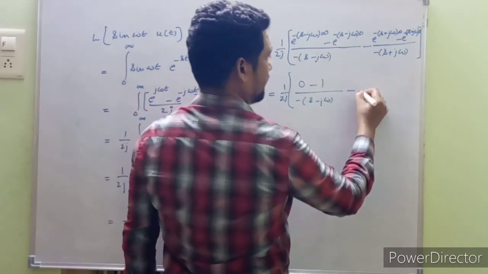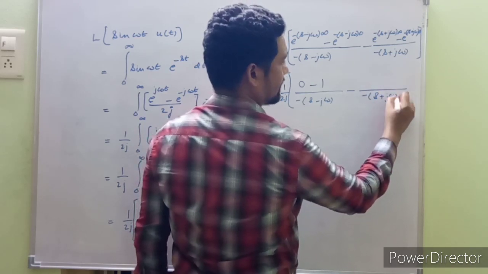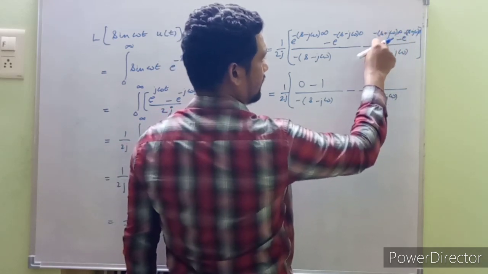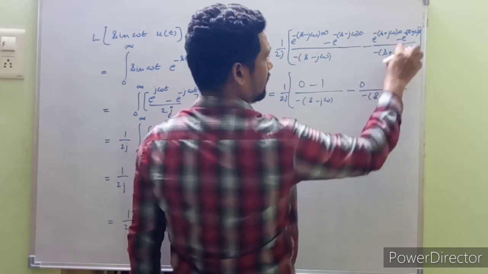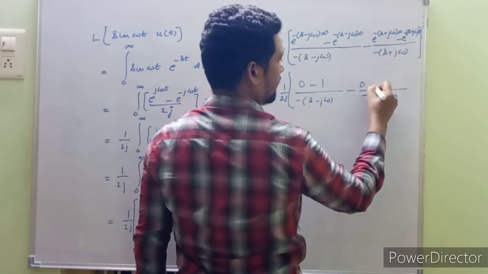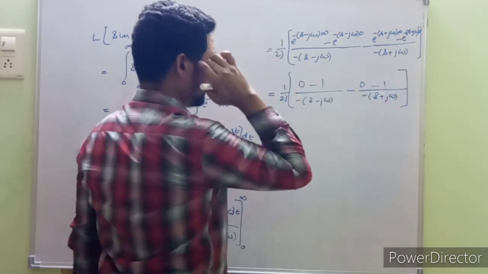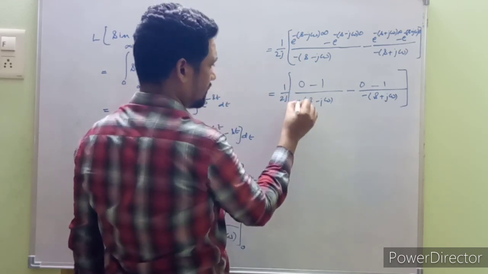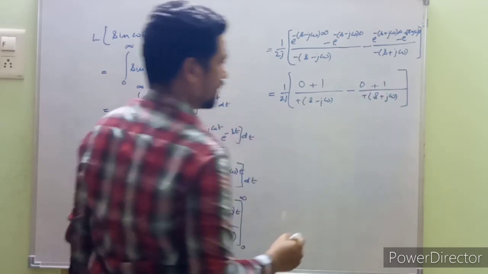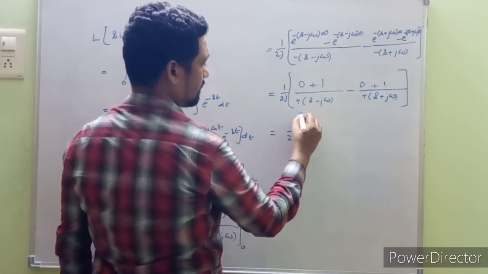So that leads to minus of s plus j omega as it is in the denominator. Once again, e raised to this entire term will be infinity, e raised to minus infinity, that will be 0. Again, this term will be entirely 0, e raised to 0, that will also be 1. So this is the simplification over here, and here we will be cancelling the negation. This is minus and this minus becomes plus, and even this also becomes plus. So in that case we will be left with 1 upon 2j.